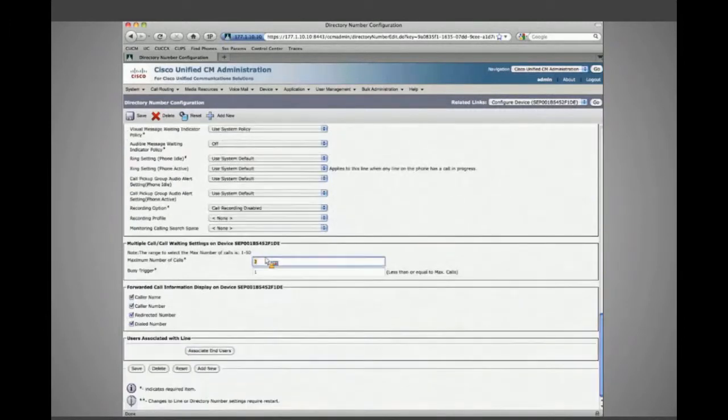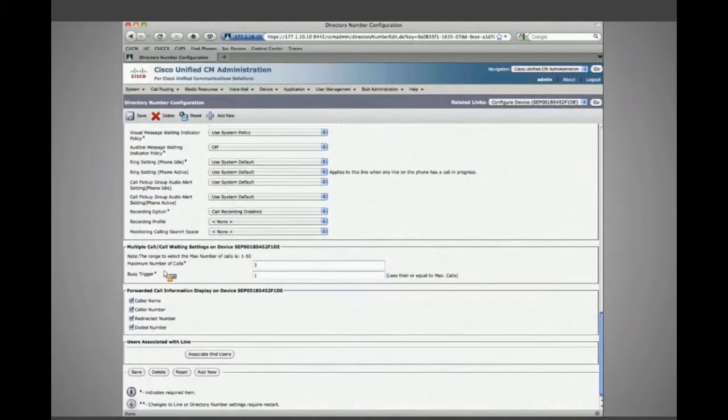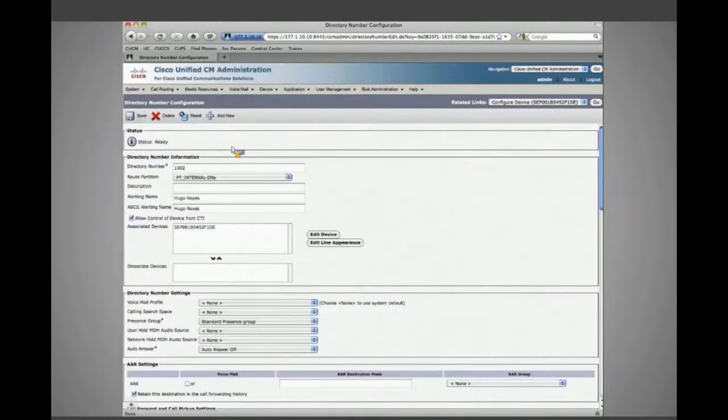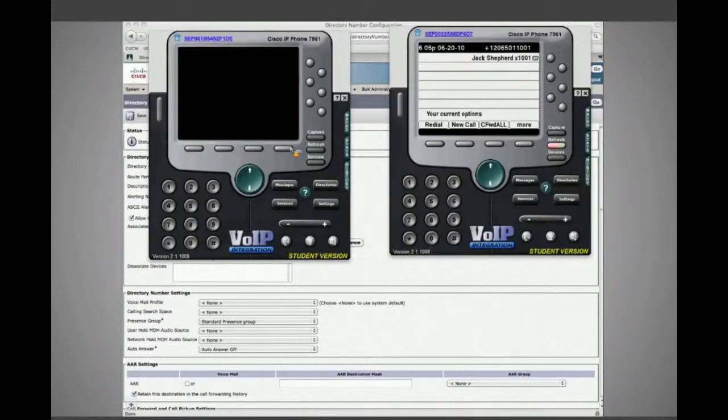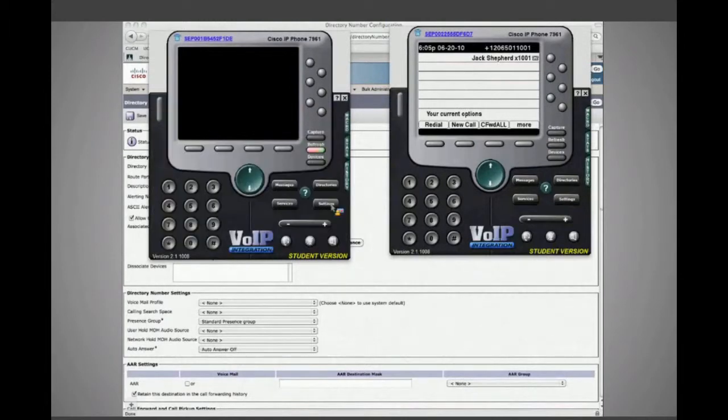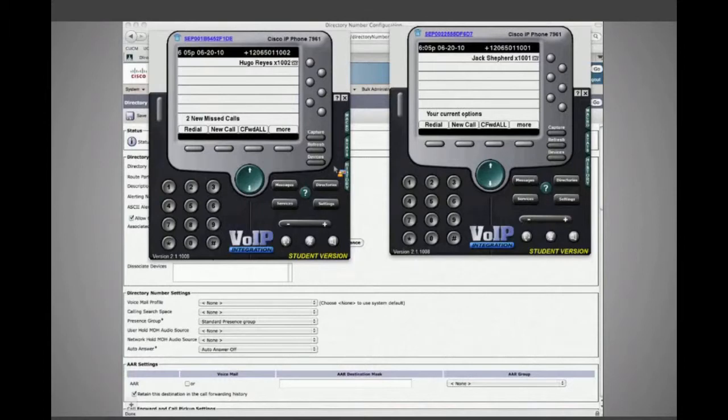Okay, so we've set it to, let's just double check, 3 and 1. We've set the call forward busy. We're not sending it to voicemail because we don't have any voicemail defined. It's 2001 with a proper CSS. Save. 1002 should reset here. It already has been resetting. It's registered again. Okay, so now